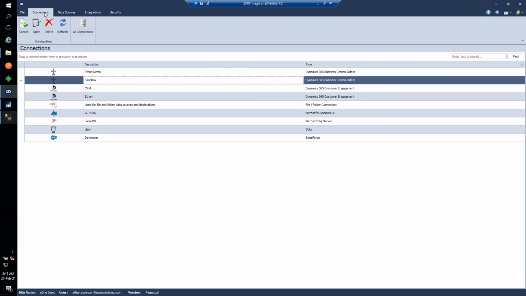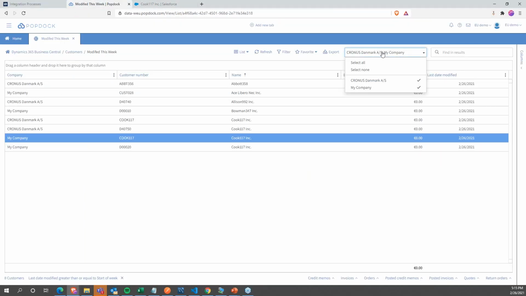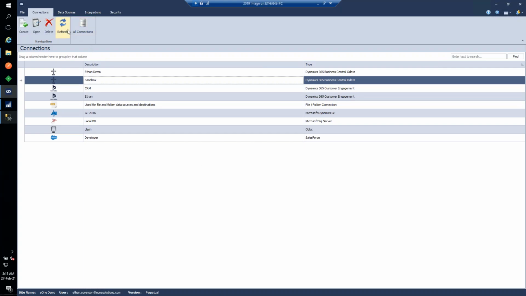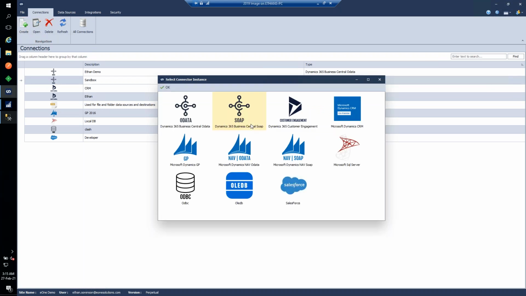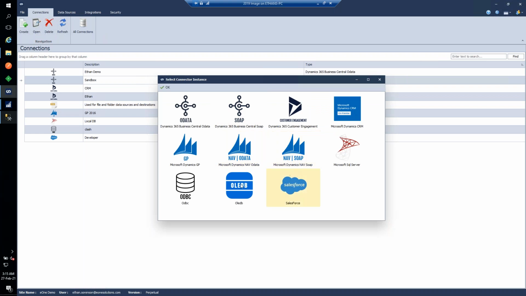So on the data source side, you have a couple of options. I mentioned that Popdock is a strong option because you can easily say, I want to grab from multiple companies, save this as a favorite, and then use it as a data source. Another option is to create a multi-data source. So if I were to go in here and say, create one,